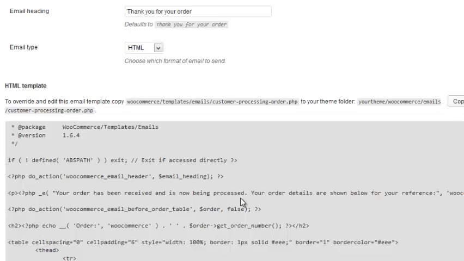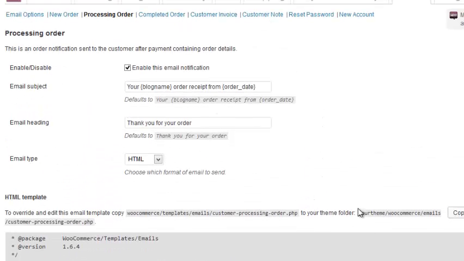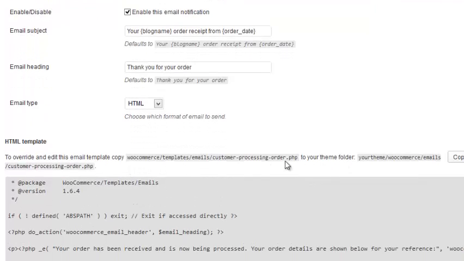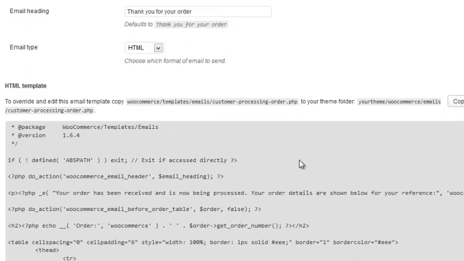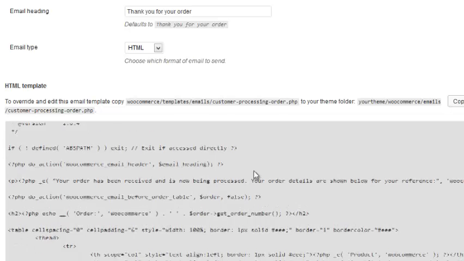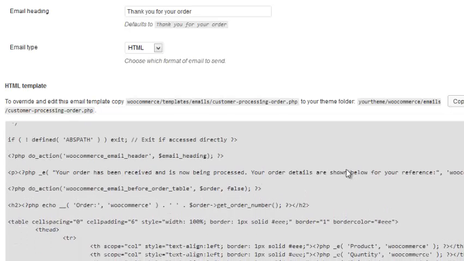Well, you may not want that, right? So you can change that, but you have to change it on the back end. It's not particularly difficult to do, but it's not as easy as just changing it up here, typing in what you want, and hitting save. It does take a little bit of skill. It gives you some directions here, but it's not quite as user friendly as just typing something into the dashboard. But this is what it's currently saying, so at least you know what it currently says.